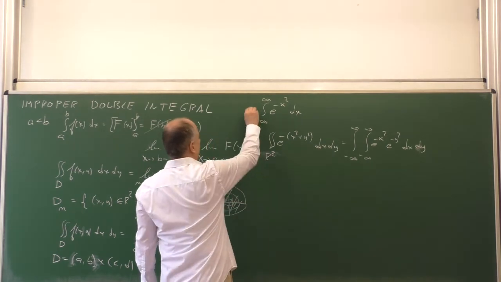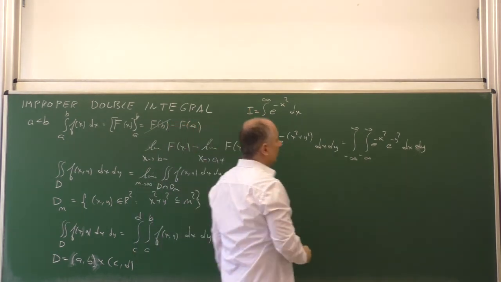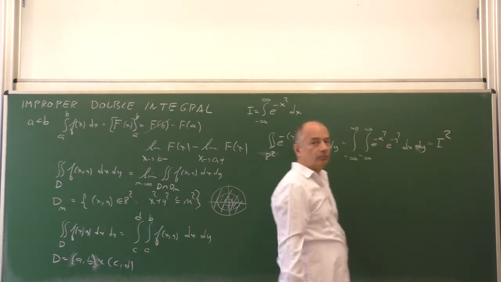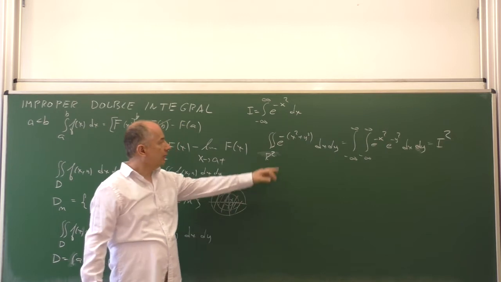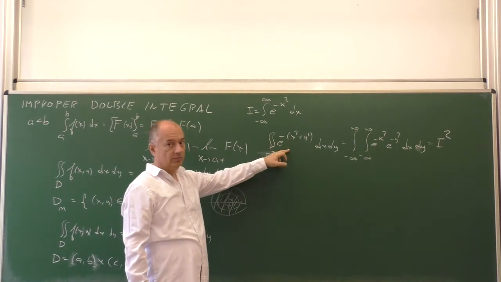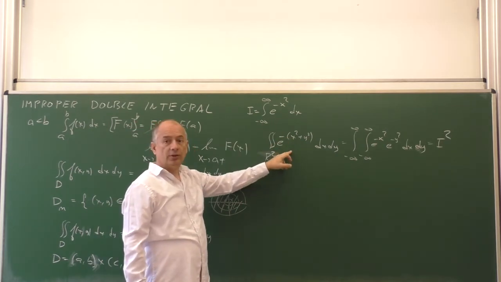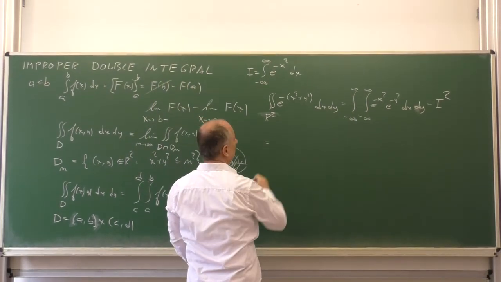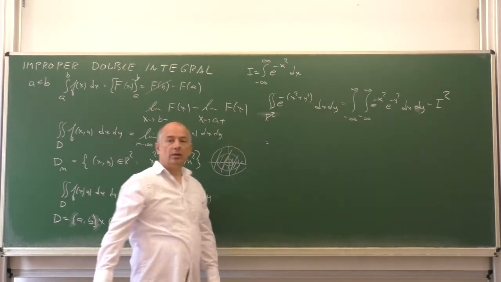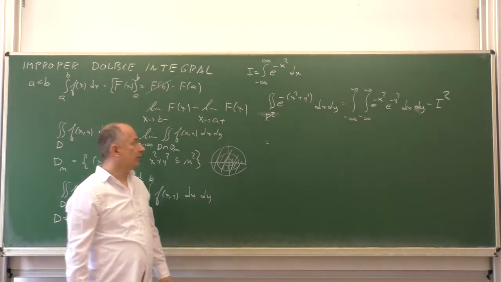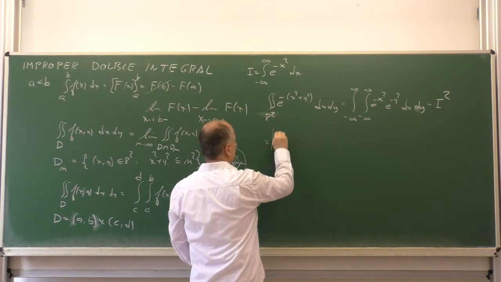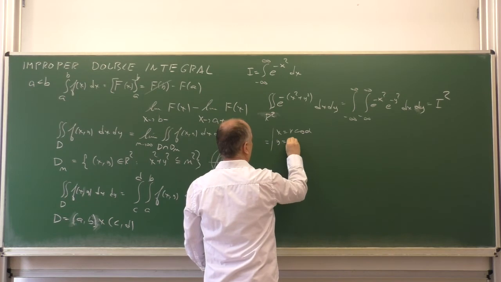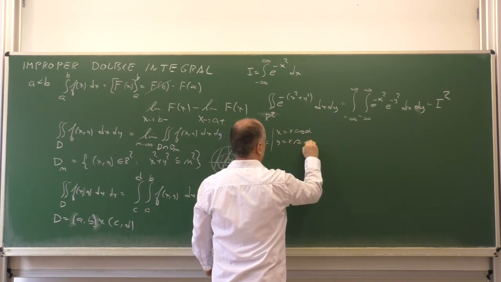So if we call this capital I, then this is I times I. So after evaluating this integral, I will be the square root of the result. And this can be computed because we can transform to the polar coordinate system. If we use x is r cosine of alpha, y is r sine of alpha,